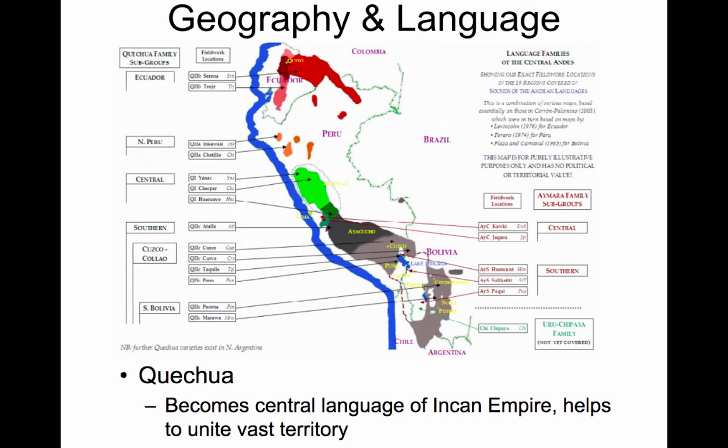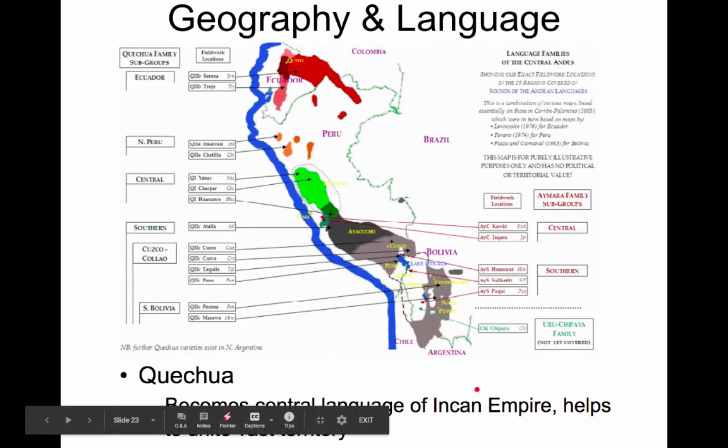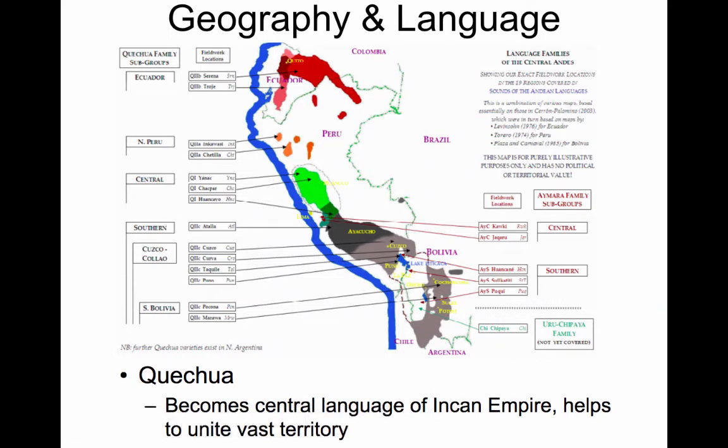All right, so a cultural effect of the Inca is the spread of their language, which is known as Quechua. Quechua, which originally was only spoken in and around the area of Cusco, today you can hear it spoken all the way up in Quito in Ecuador and all the way down through Chile. So anywhere that the Inca conquered, they spread Quechua. There are other languages too. I remember when I spent time in and around Puno and La Paz, between Peru and Bolivia, you heard a lot of Aymara, which is another indigenous language.